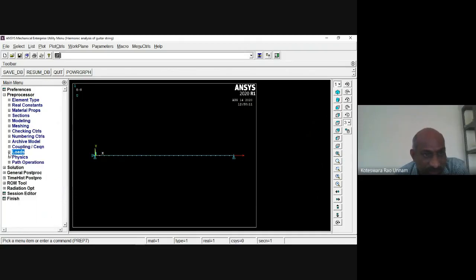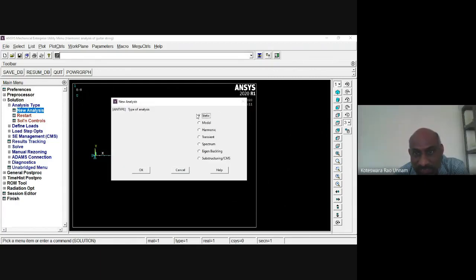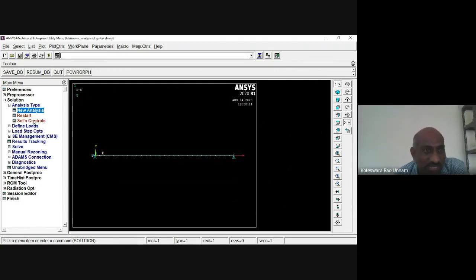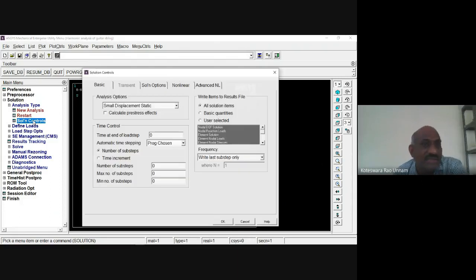Then I'll go to solution. In the analysis type, of course, static is already selected, so we'll keep it the same. Then in the solution controls, you need to use the option calculate pre-stress effect. That is important, because we want to transfer all these loads to the next analysis. Otherwise, if you don't want to, there's no need to use it.